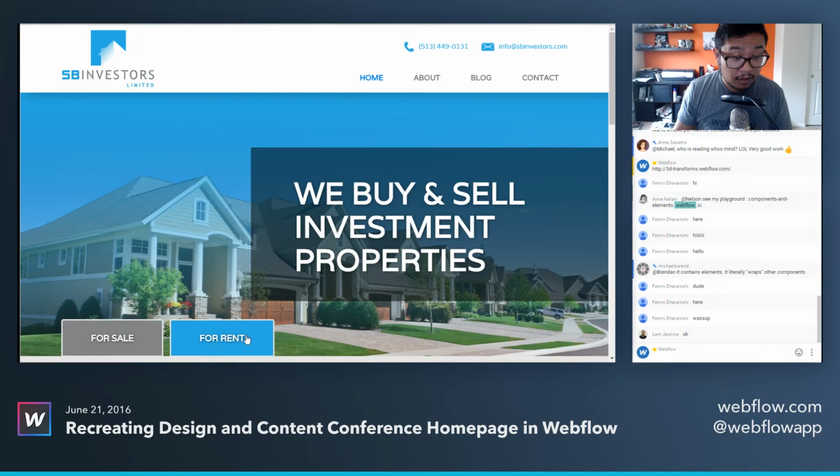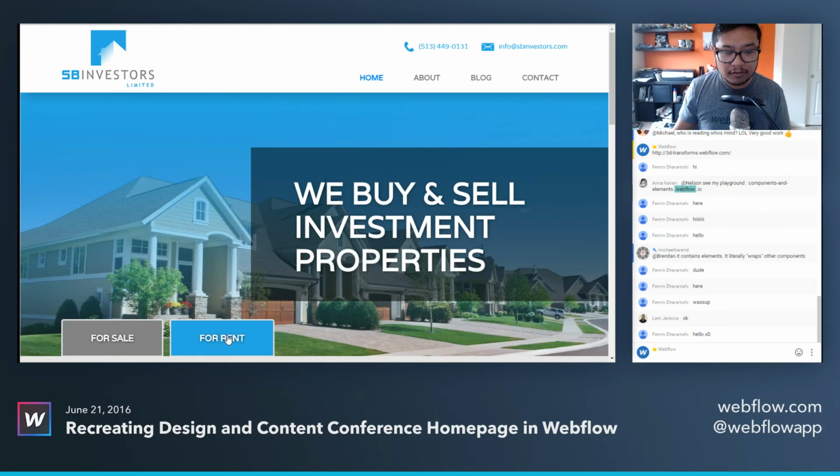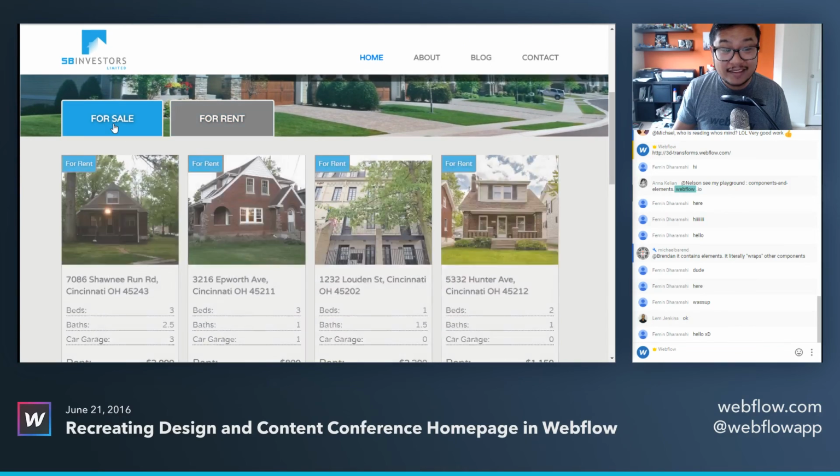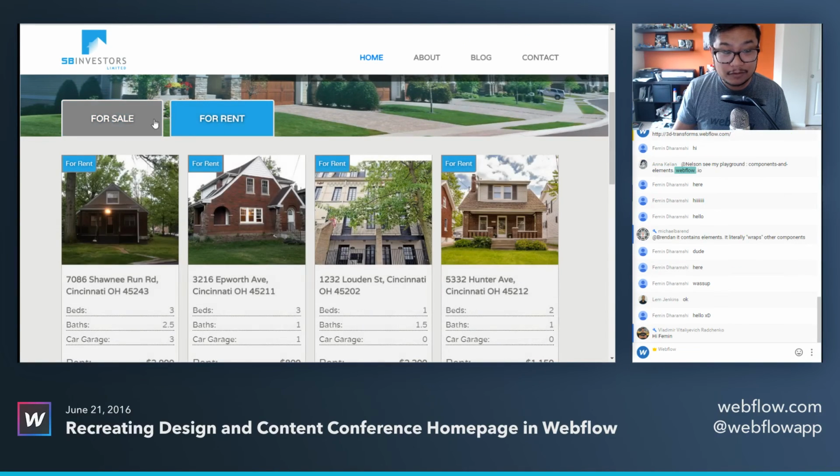If I click on rent, nothing happens. In my mind, I know what's happening, but I'm trying to speak as a user. Like, say this is all I see. If I click on for sale, nothing happens. For rent, nothing happens. But because I know Webflow in and out, you're using tabs. You're using the tab component. Okay? So,